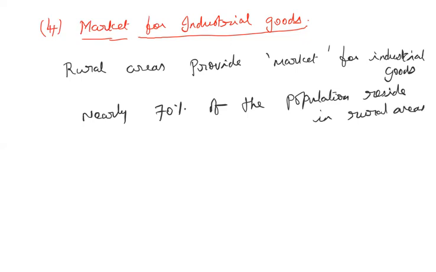So if the industries have to sell their commodities, then they have to find a way to sell their commodities in the rural areas. So if the rural people have to purchase these commodities, then the purchasing power,